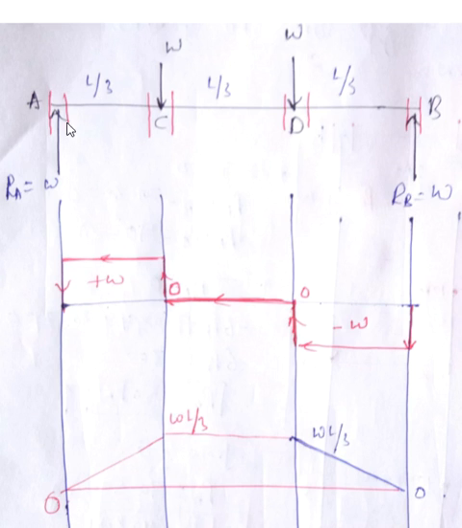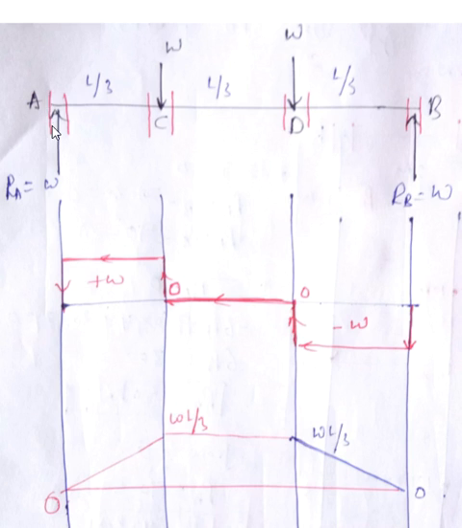Then after this section, consider this section. There is one more force introduced, that is W, but it is upward, so it will become minus W. I already had plus W, and if I add minus W to it, then it will become 0. So here I am going to 0. Or you can go from the left side also. Till this section, if you go from the left side it will become easy.